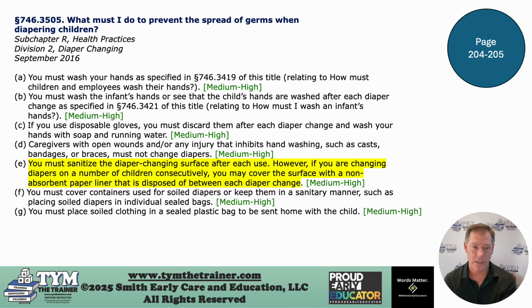Another recommendation is the diaper changing table pad, the mat, having at least 2 of those, and you can rotate them. So you change a diaper, you sanitize the mat, set it aside, bring the other one out, and that way this one is air drying while you're using the other one, and then you can just flip-flop them. That's another good way of doing this. I've seen that done many times.